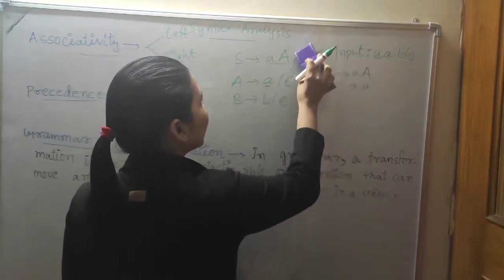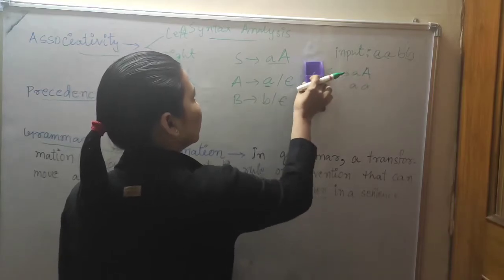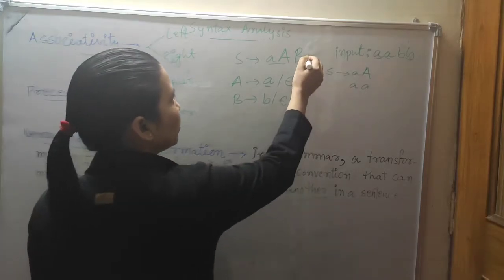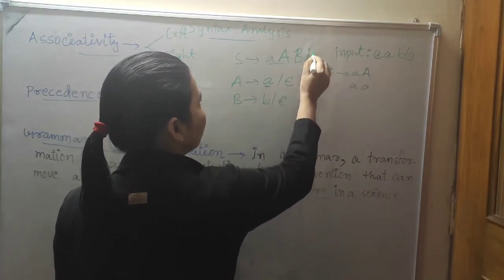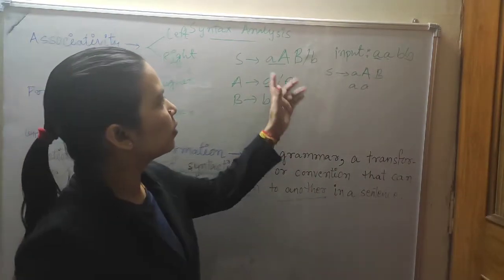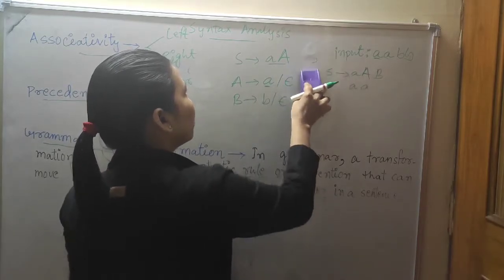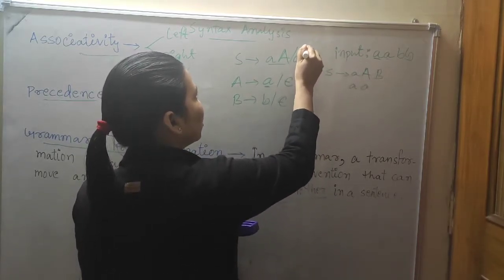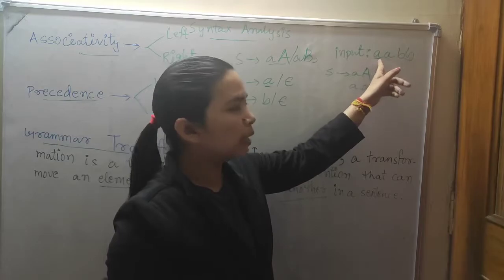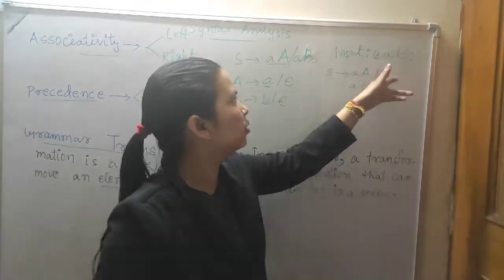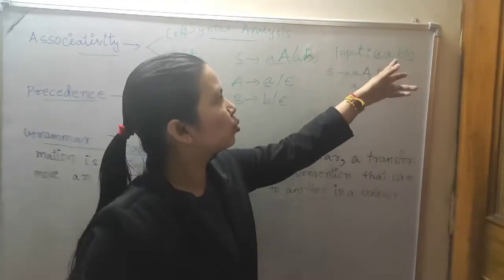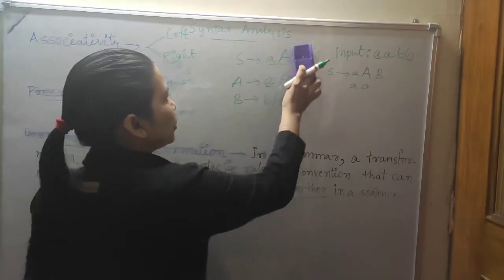If I connect it like this, AAB or simply B, then AAB is wrong. And if I take this grammar, AA or AB, it will not generate this parse tree. It will generate only a single A or only two A's. And if I take BB, then only B together will not come. So that is why I will change the production rule.